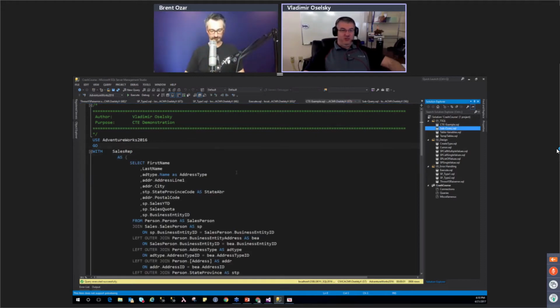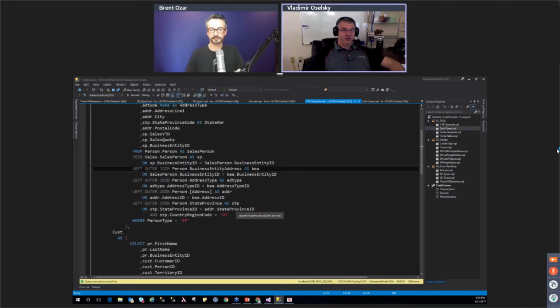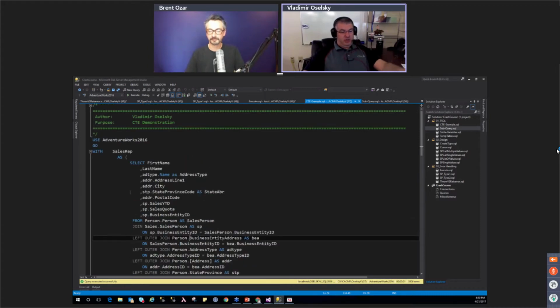So CTEs, why can they be bad? Well, one thing I didn't know: CTEs underneath the hood are actually treated as views in SQL Server. So SQL Server will create a view and then select from it. One of the problems that exists with views is that if you nest them deep enough, SQL Server is going to lose all statistics on the objects that you're selecting from. So when you look at the estimated row count, you will only see one row coming back from that CTE.